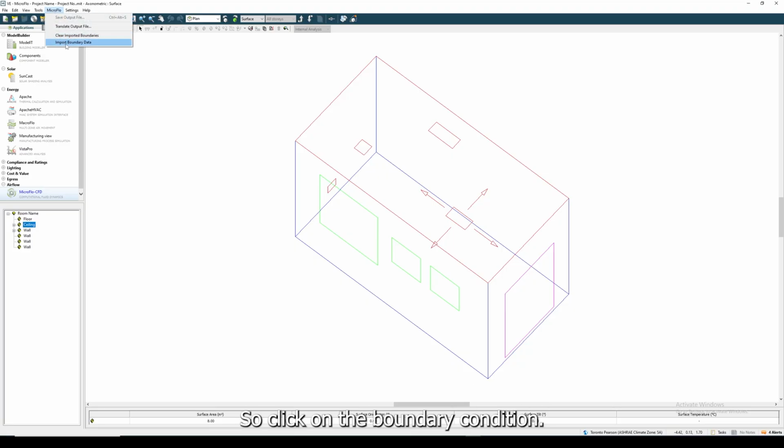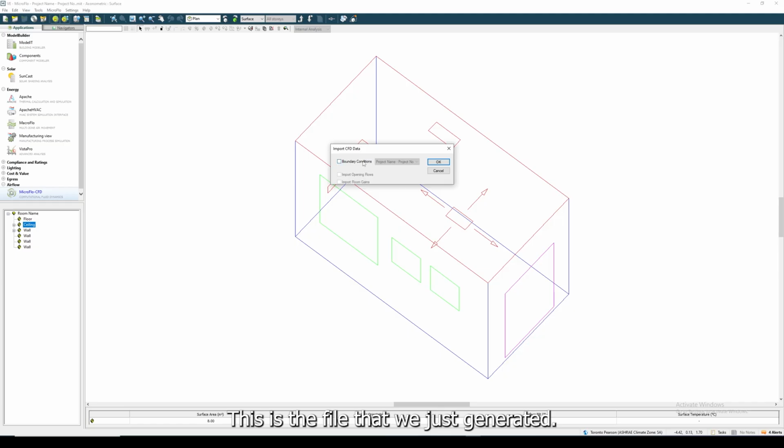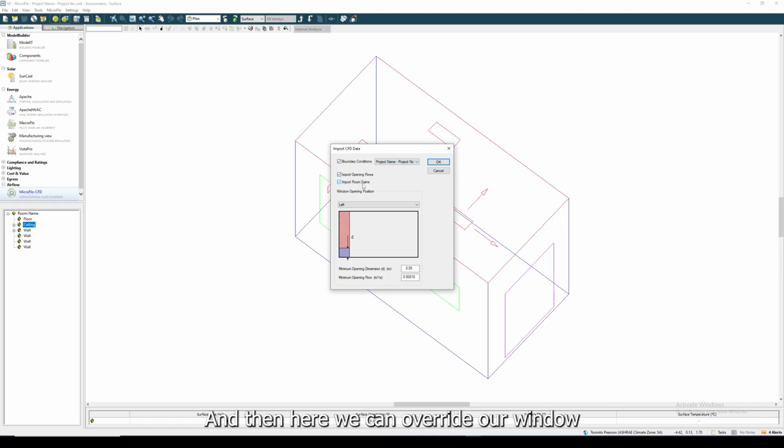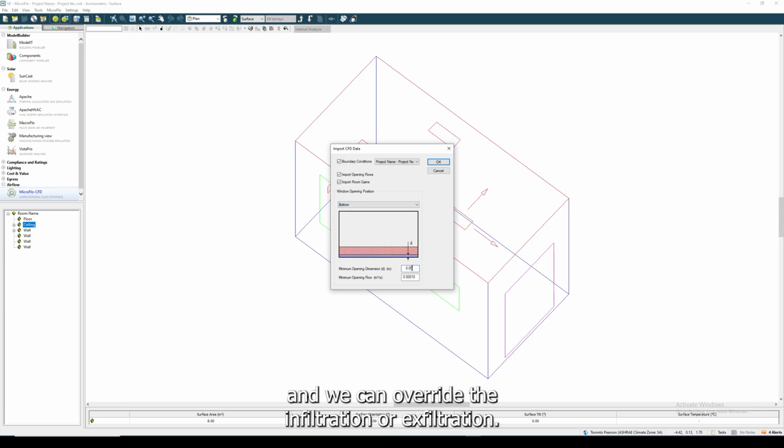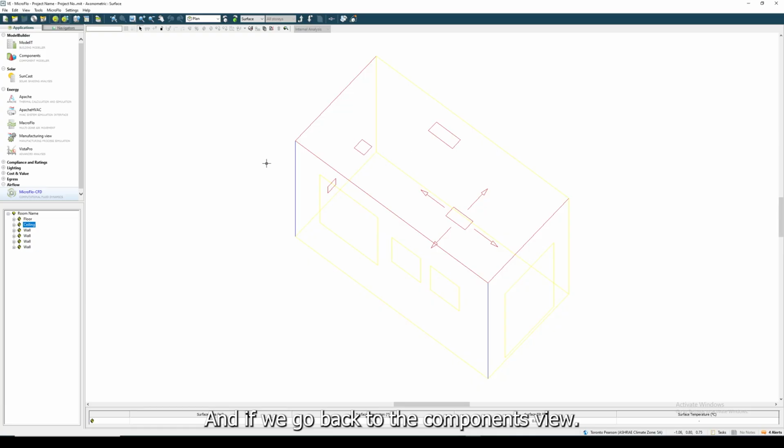So click on the boundary condition. This is the file that we just generated. And then here we can override our window and door opening areas, and we can override the infiltration or exfiltration. Let's go ahead and click OK. And now if we go back to the components view,